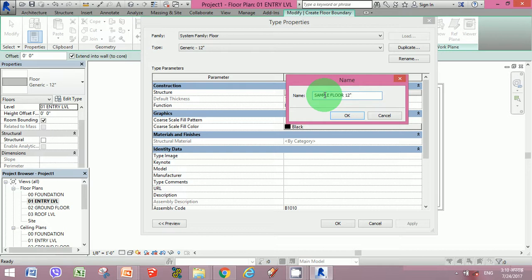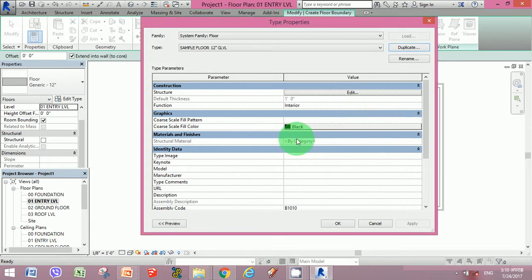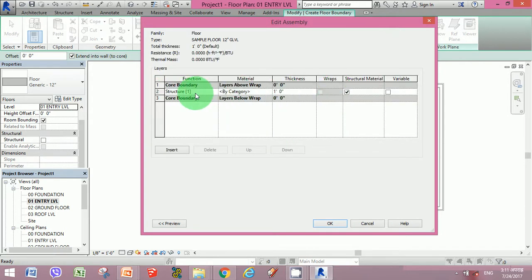So this is a sample floor for the G level. This is the ground floor level sample floor. Press OK, and you have the sample floor over here. You could always go with the structure to change the thickness of the structure.